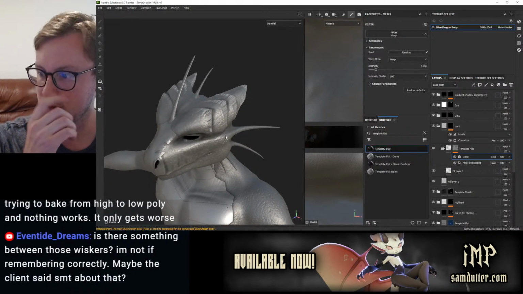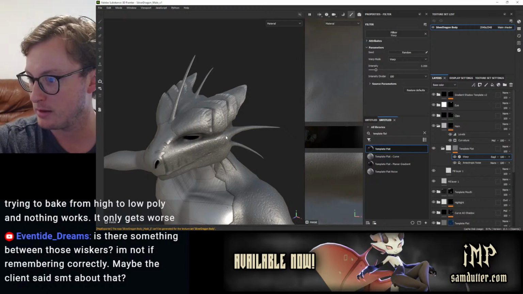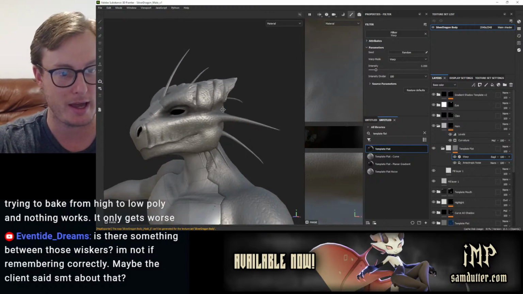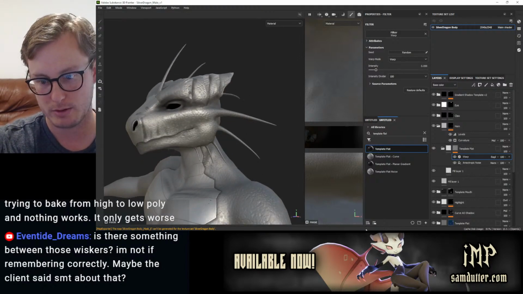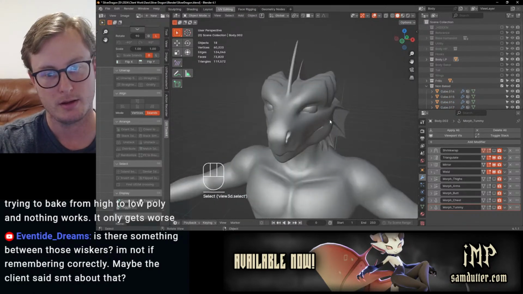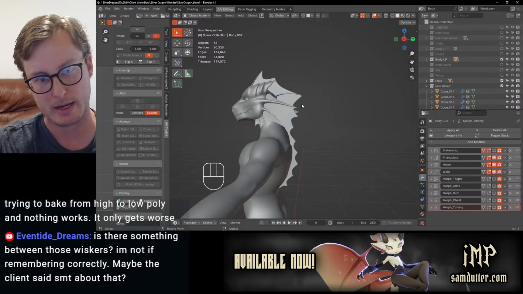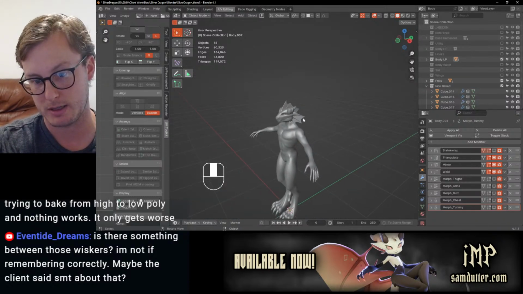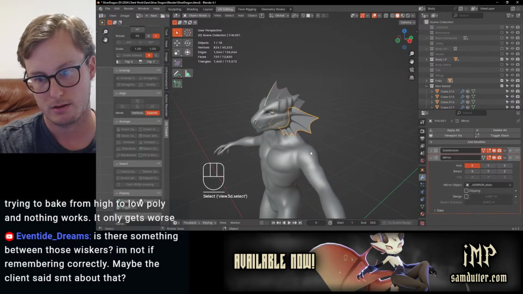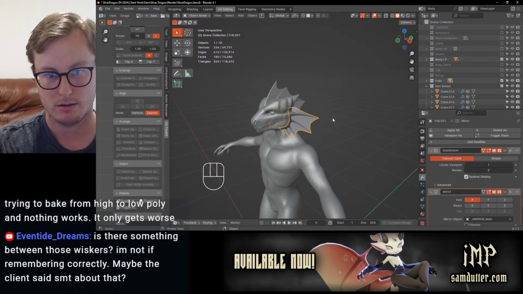Is there something between those whiskers? If I remember correctly, maybe the client said something about a frill material, which we can turn back on. And we're going to make a separate Substance Painter file in order to bake these, because they're not super dense, but they'll need to be